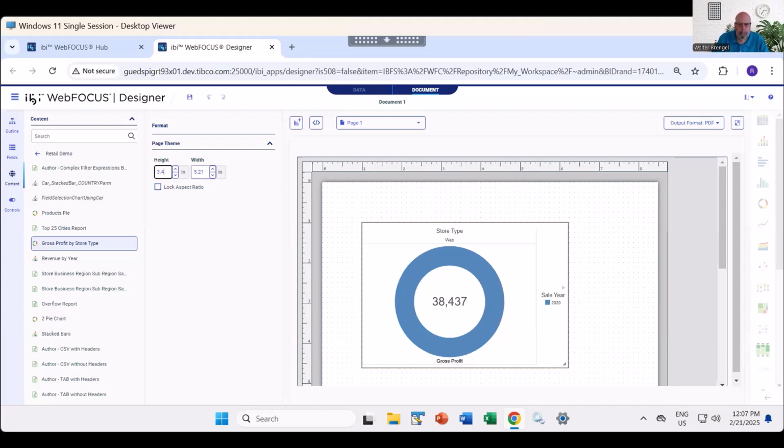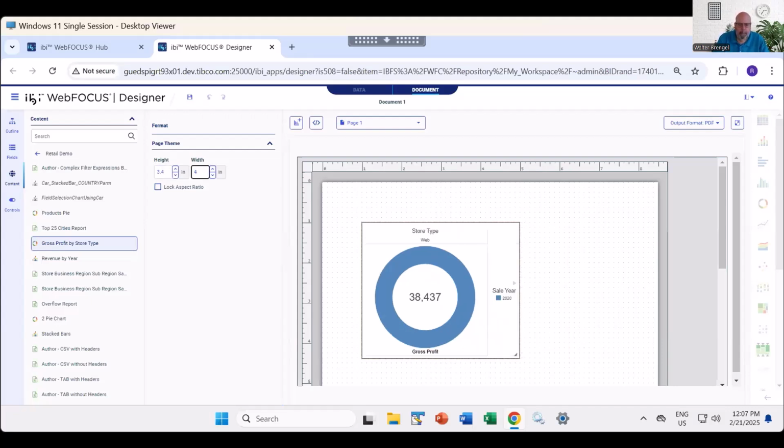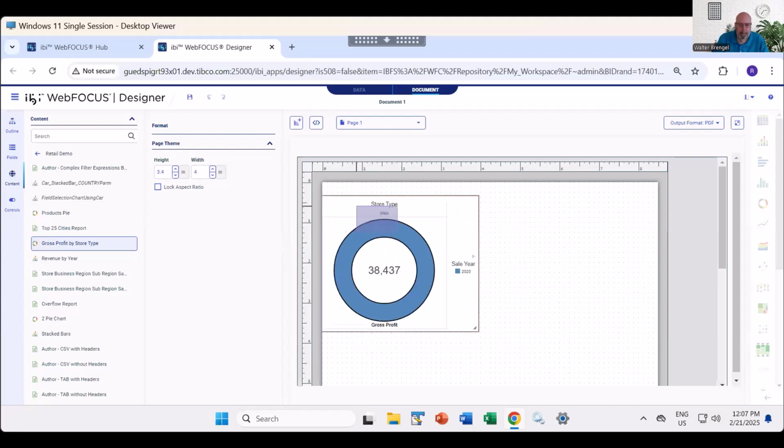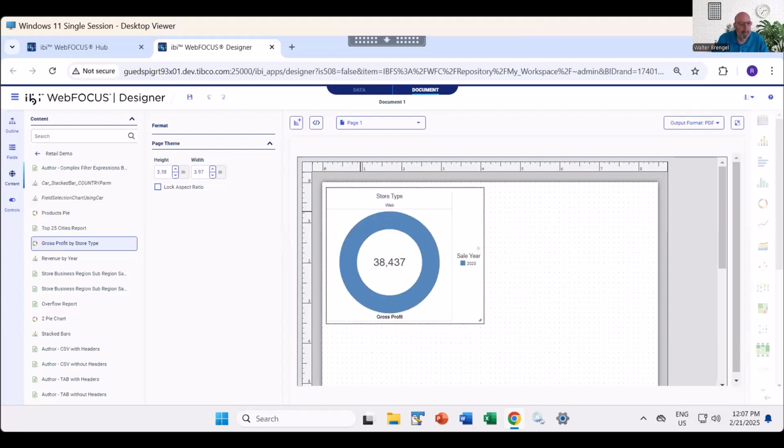I'll make it 3.4 and 4. And then I'm just going to move this. You can just click it and drag and drop. You can click or shift click to have multiple objects and move them around at the same time if you want to. You'll notice the numbers subtly change once you change it. You can certainly change it back, but I find it's fairly accurate enough to give you the precision that usually